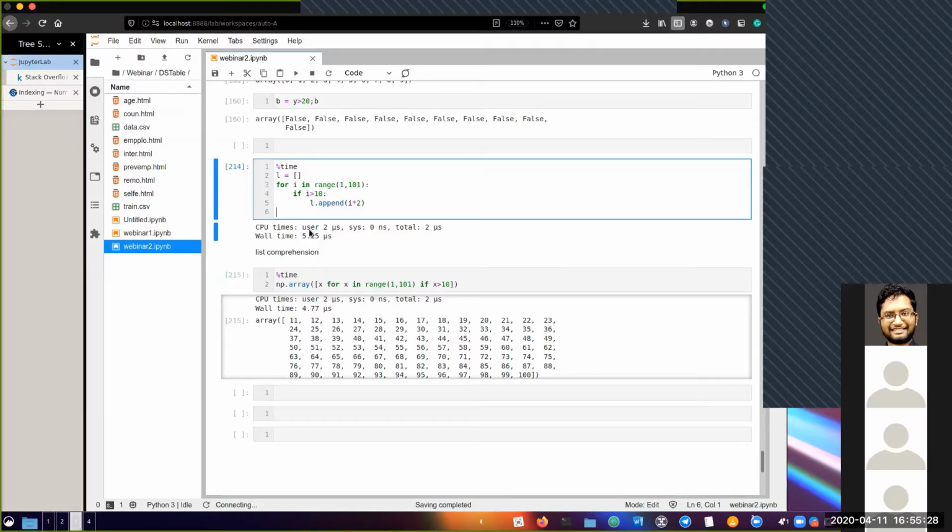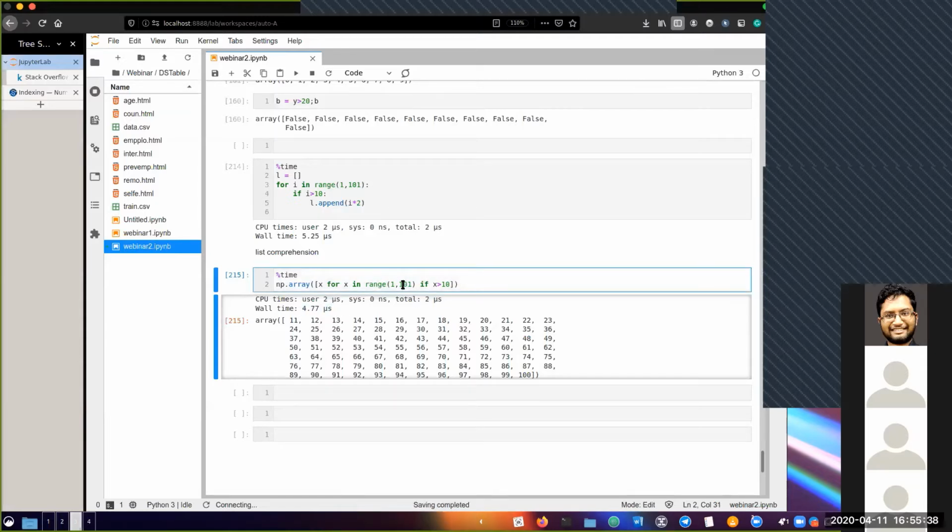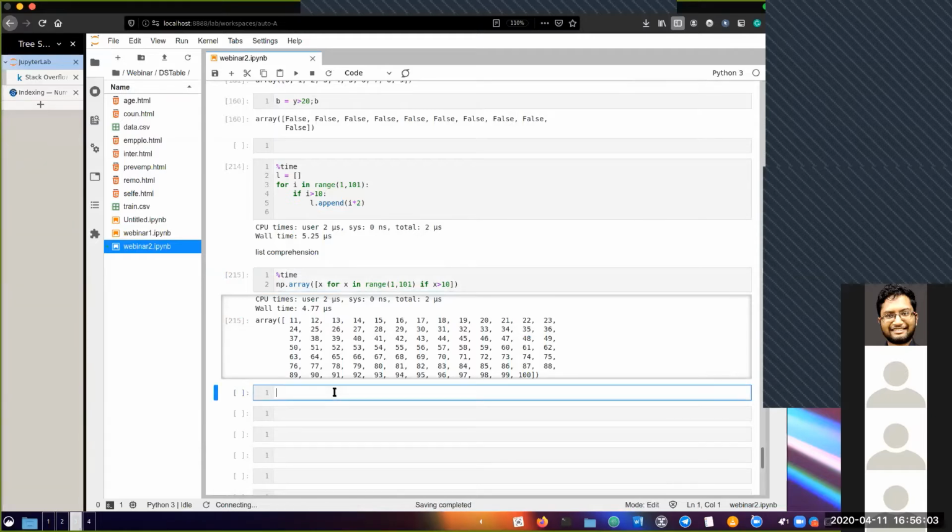So right now, just by looking at the time, if I see, this took me 5.25, but just using a NumPy array is 4.77. And this is just a very tiny array. So imagine the difference when you're using a very large array. So if you can see just by this much, it's much better to use list comprehension than put a for loop. It's faster. Again, if you have a little slower laptop, you might notice the difference between these two is much larger than mine. But that's fine. You might want to use an online thing, which I'll show you at the end of this.